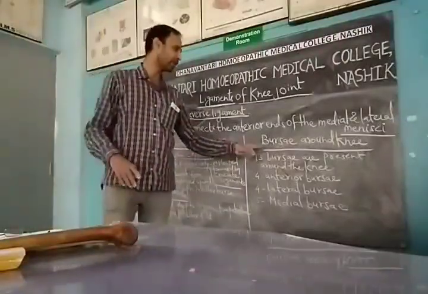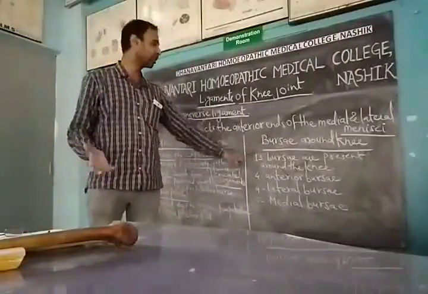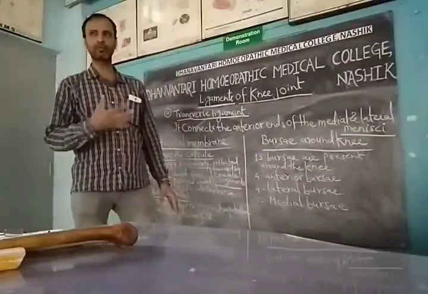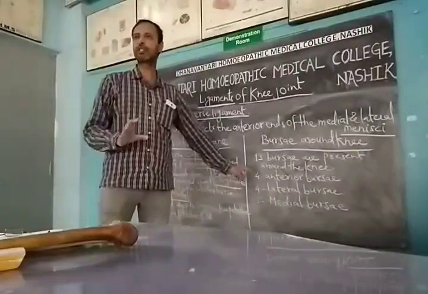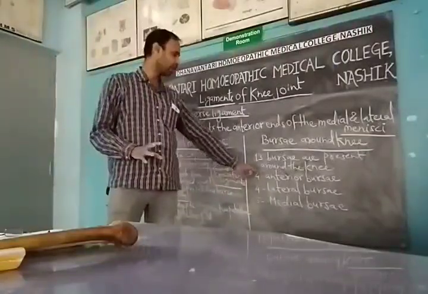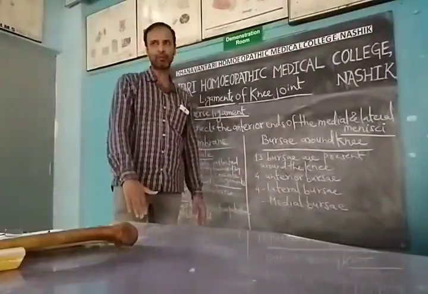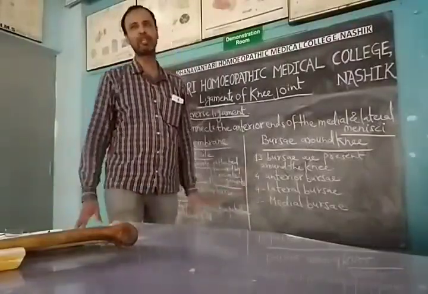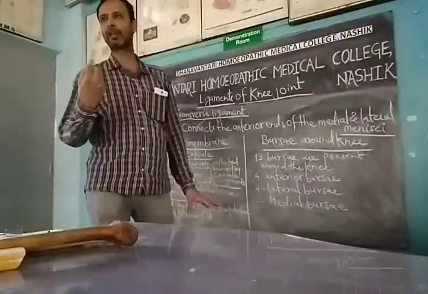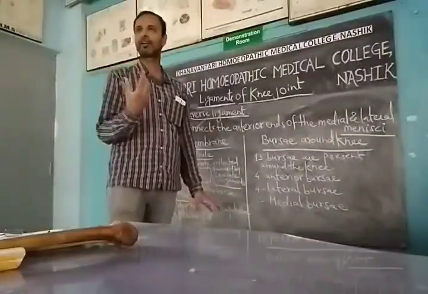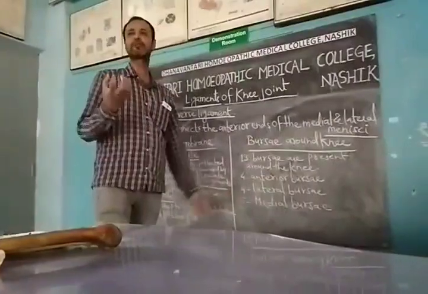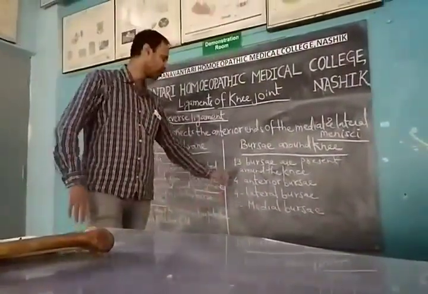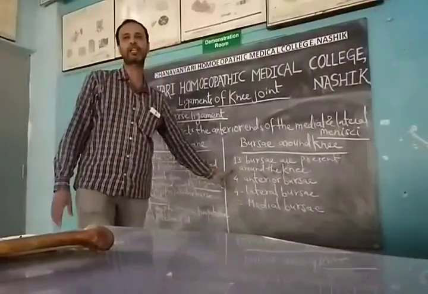Now, the bursae around the knee. It is said that approximately 13 bursae are present. We are not going to discuss much detail about the names. Out of the 13, 4 are anterior bursae, 4 are lateral bursae and 5 are medial bursae. These are cavities with a membrane containing fluid, and they again help in lubrication, between the muscles, ligaments and capsules surrounding the joint. So this is about the bursae in the knee joint.